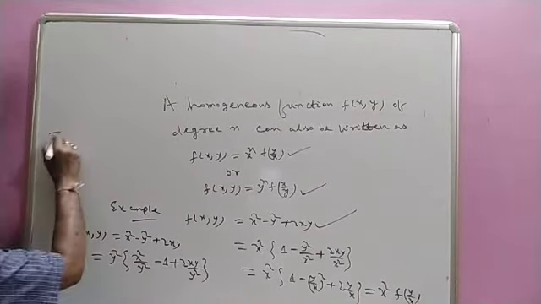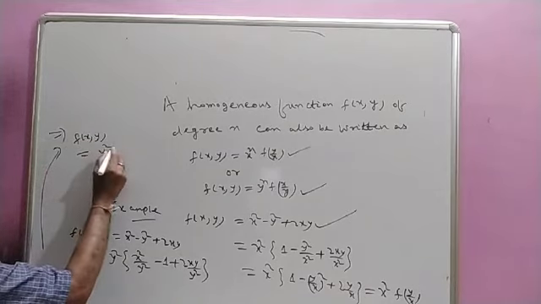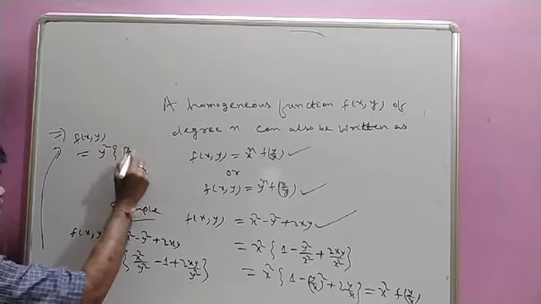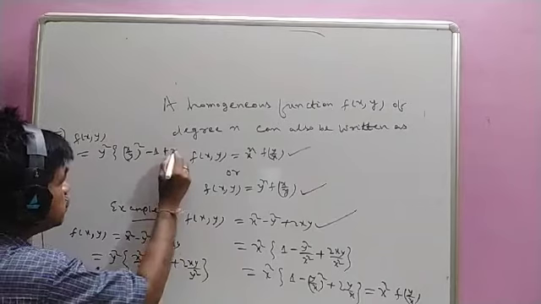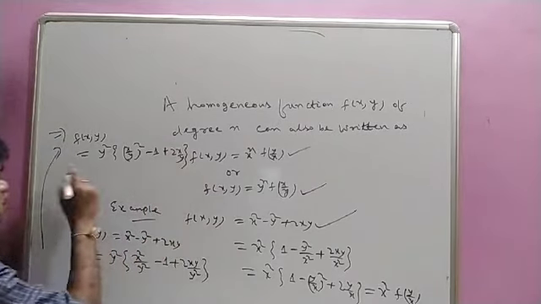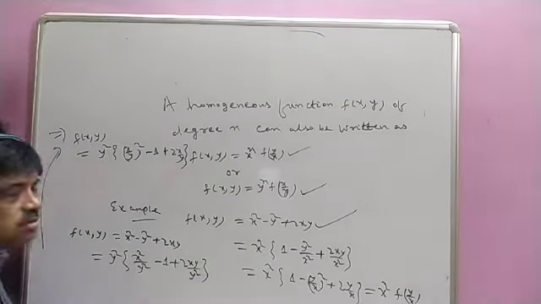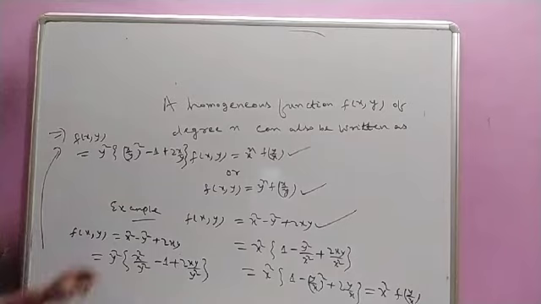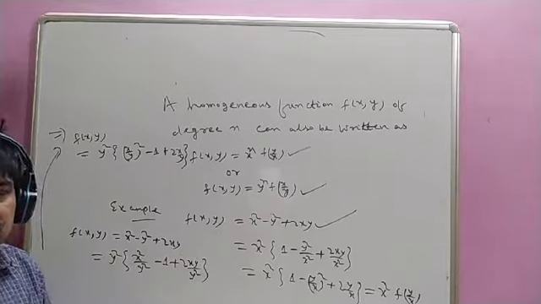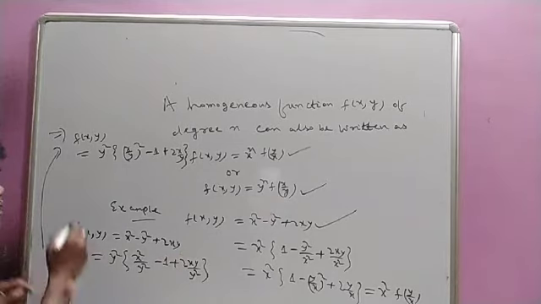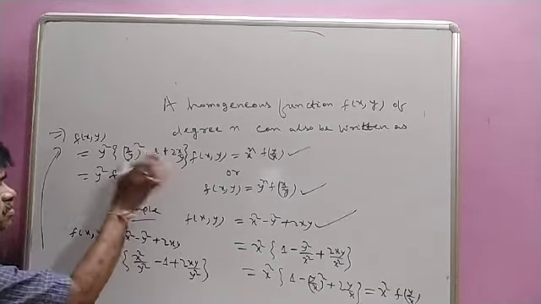Okay. So now this becomes f(x,y) is equal to y square into (x by y) whole square minus 1 plus 2 into x by y. So now this is y to the power n into function of x by y, meaning it is converted to this form. So you can say this is a homogeneous function of degree 2, because y power n into this means homogeneous function of degree n. Are you clear? Not clear? So this is of the form y square into function of x by y, because this is an expression in x by y. That's a function of x by y.